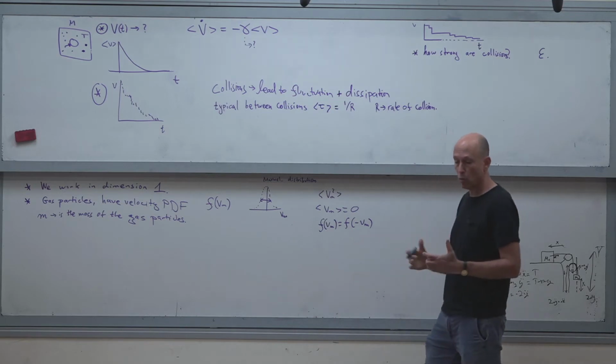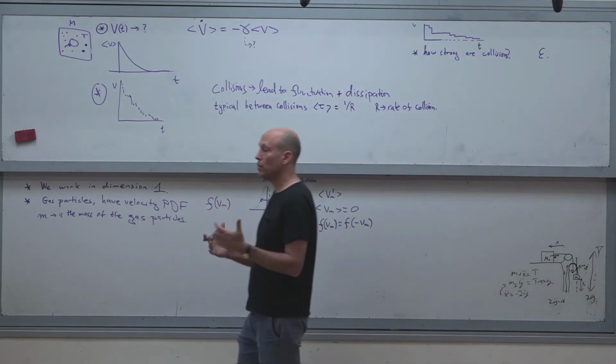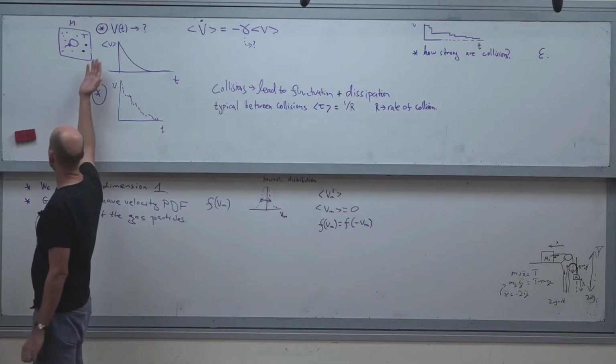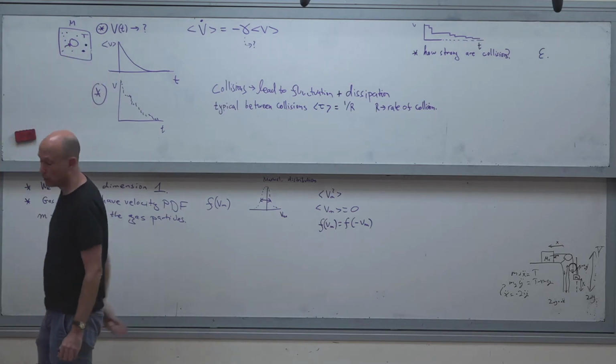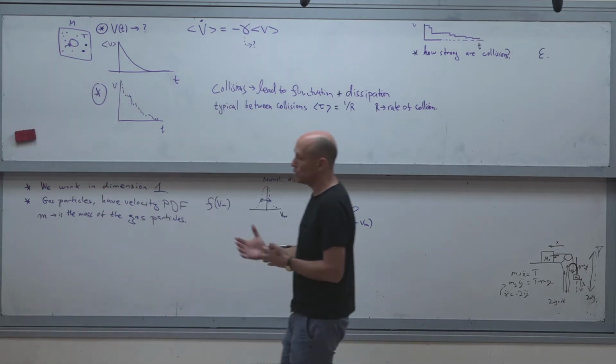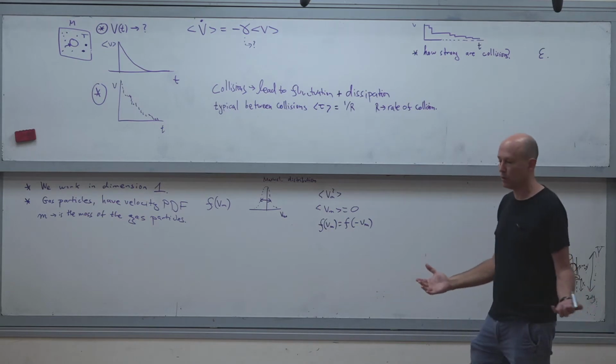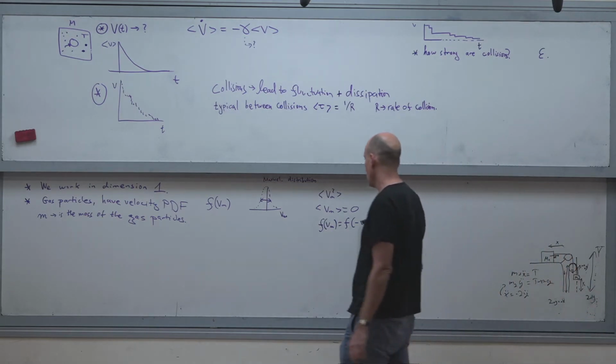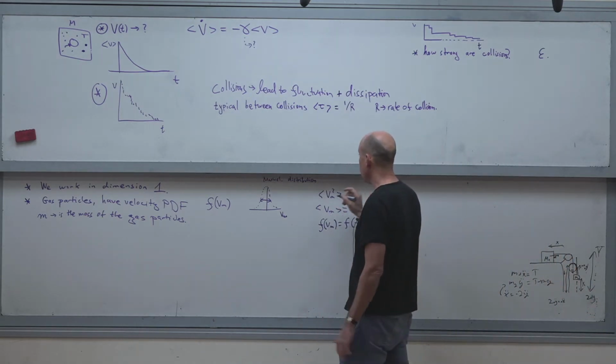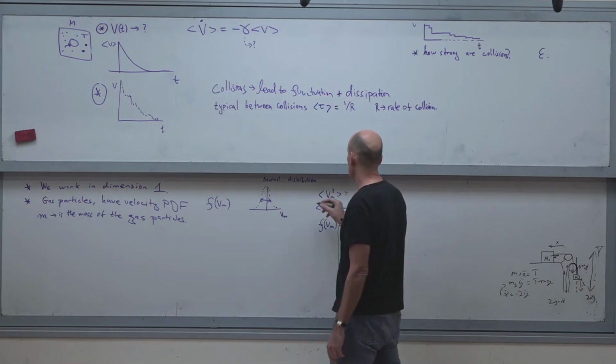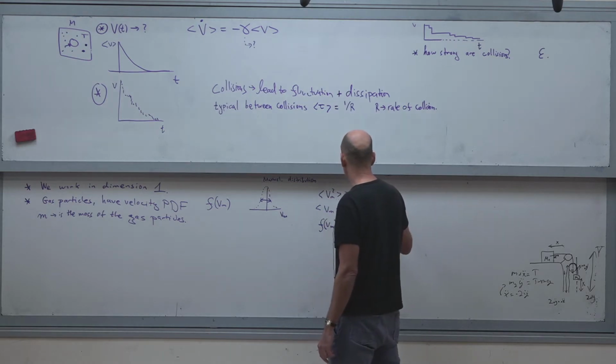So there is no special direction in space. Otherwise, you might have something very distorted here. It's not natural. There's no reason to assume that left is better than right and right is better than left. But what is this guy? If it is Maxwellian, this is simply given by the equipartition